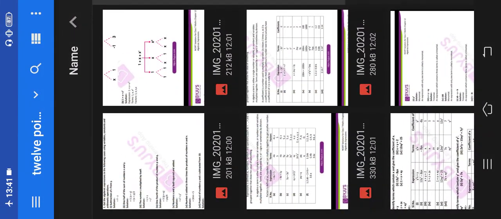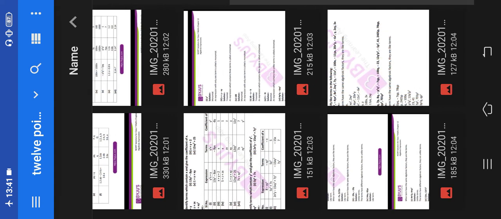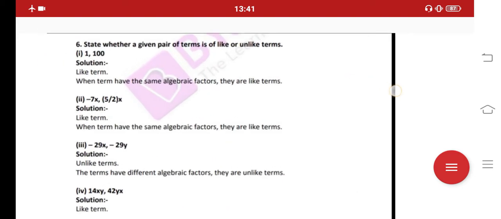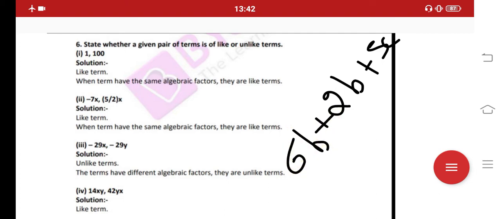Now let us see question number 6. What is given here? See, this is our question number 6. State whether a given pair is a like term or unlike term. Now, what are like term and unlike term? Suppose if I write 2b plus 5c, here 5c and plus 6b. Okay. Now, in which two terms you are having b as a variable? In first term and in second term. So, the term which is containing same variable, okay, that are called like terms. You cannot consider here what are the constant written in front of the variable, like here is 6, here is 2. Okay, so you have to ignore signs and the constant which is written in front of variable.